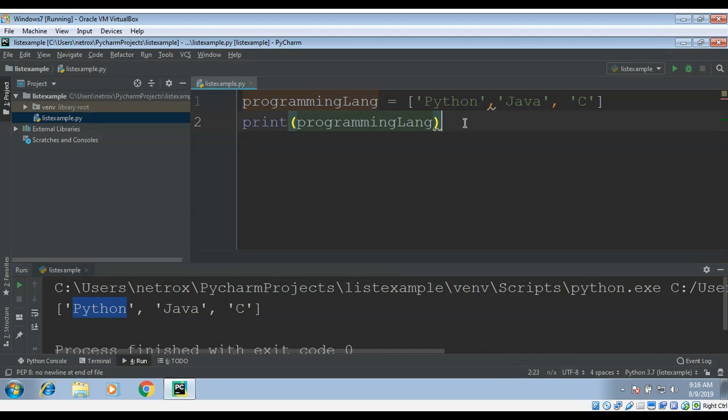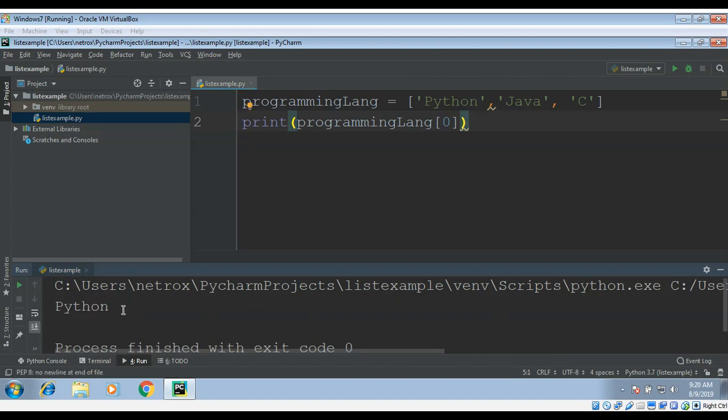Let's try to access Python. We can use print. I will remove this, and here I need to give the name of the list, which I will copy from here, and now we need a square bracket and the index location, that is 0 for Python. Let's just run and see. Now in our output we can see Python,